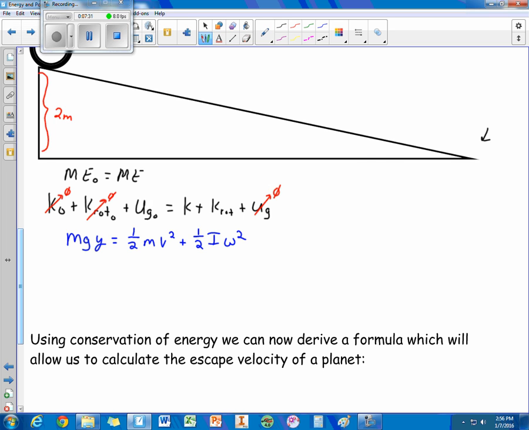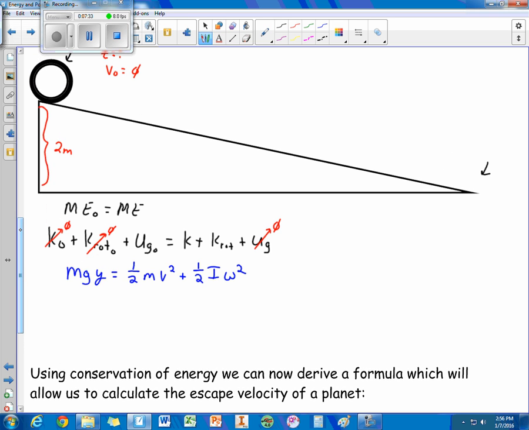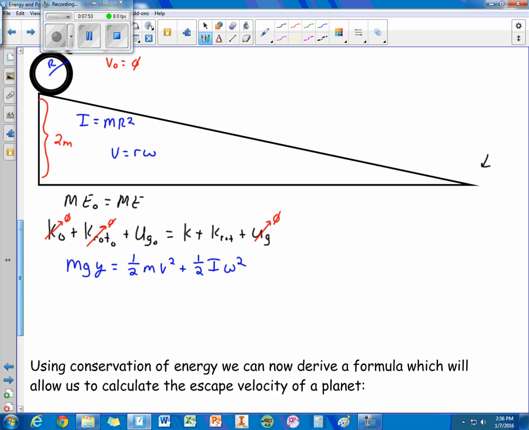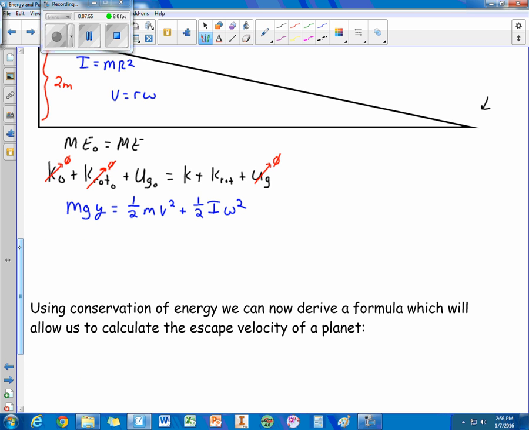Okay, a bicycle wheel is a ring, so the moment of inertia of a ring, we want to remember, is mr squared, where r is the radius of the ring. Also, we have our bridge between linear and rotational, v equals r times omega. So doing some substitutions,